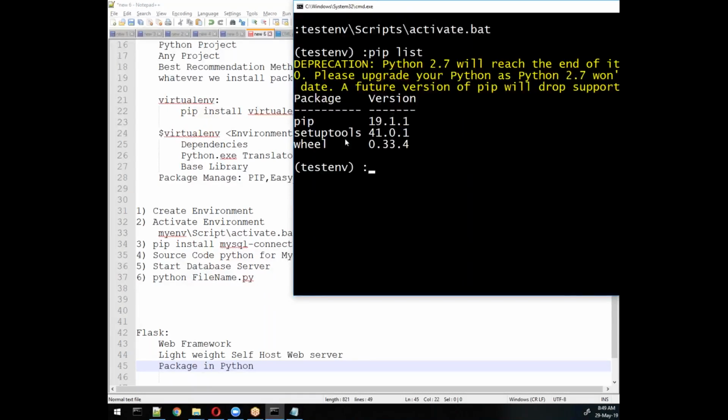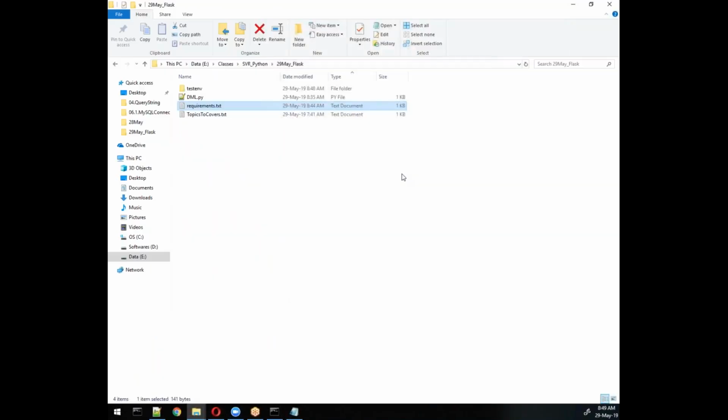By default these packages we have, and we will execute this command: pip space install hyphen r and then requirement.txt. It should be available in your current location, that means in the location from where you are installing.